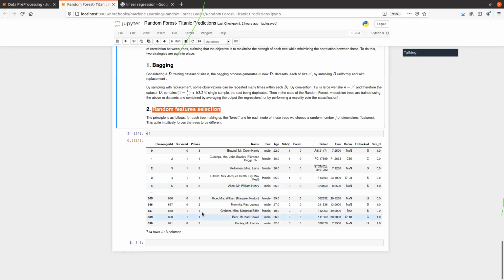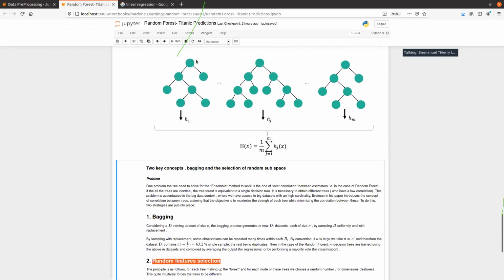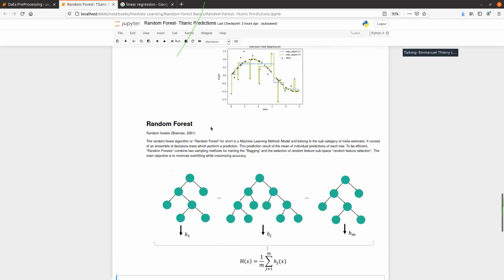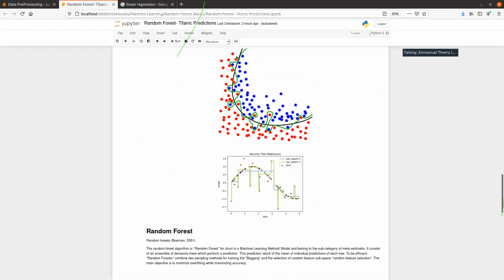And usually, since you did averages on multiple trees, you have a much more robust model. And also, if you perform many averages, that smooths out those boxes and actually embraces curvature space much better.